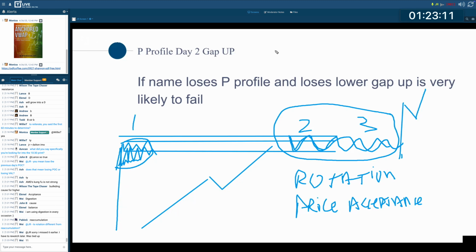So we went through the five rotational examples in terms of value area, right? Remember we said this is 1, then this is 2, your bounce off the point of control, this is 3, this is 4, etc. A rotation within a value area is when you rotate from value area low to value area high. Because you have to keep in mind